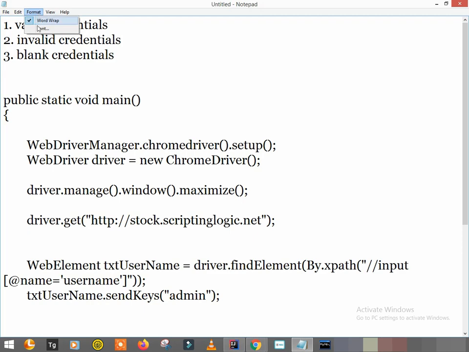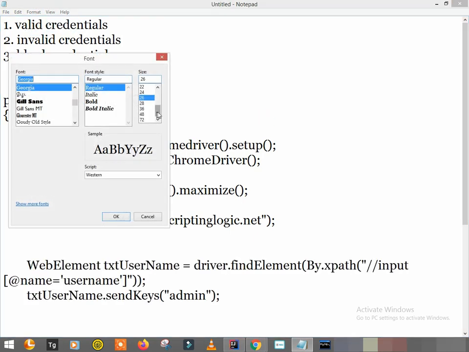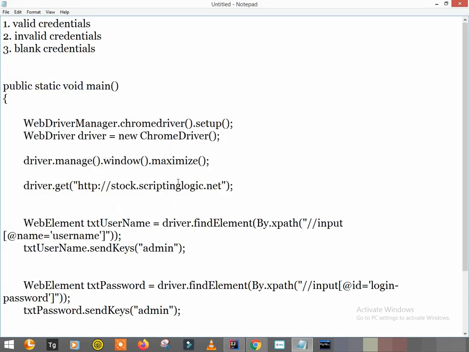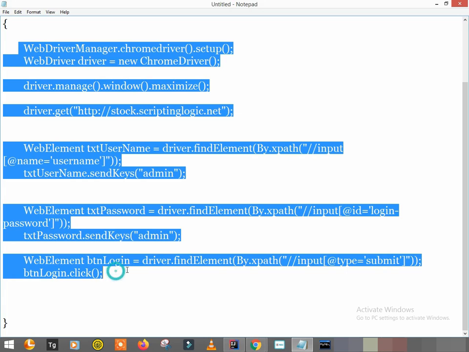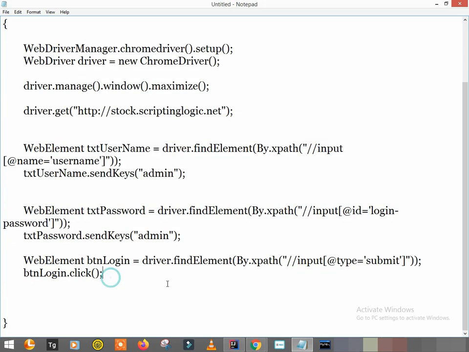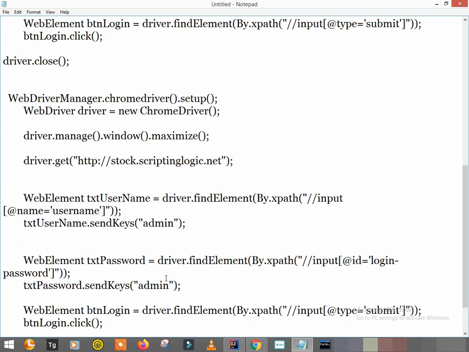Let's just reduce the zoom, and after that, once this scenario completes, we will close the page, and then we will write another scenario.